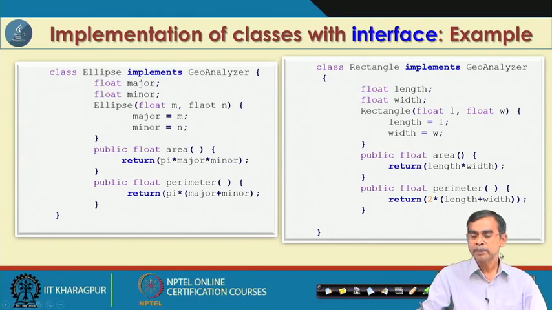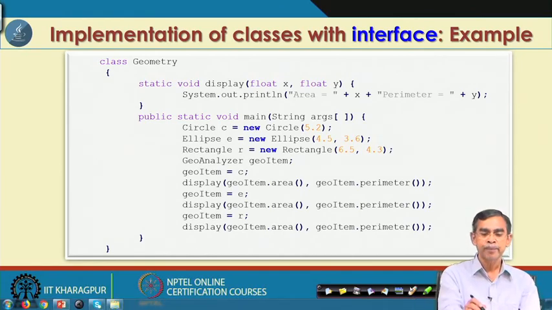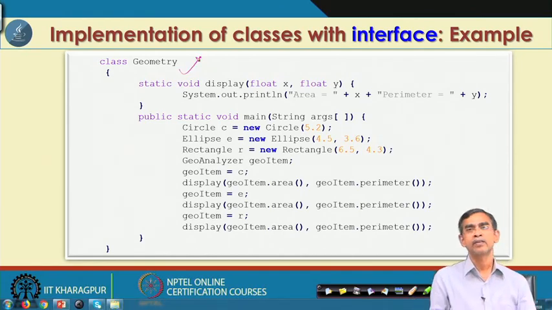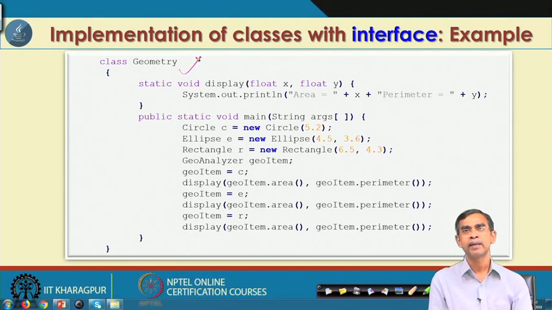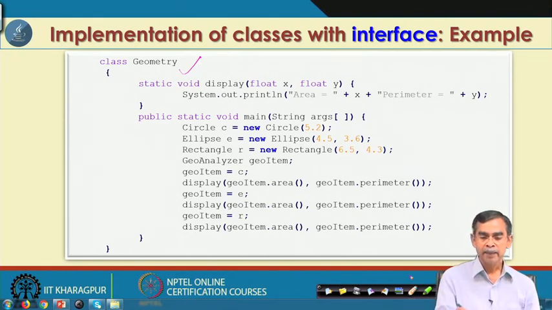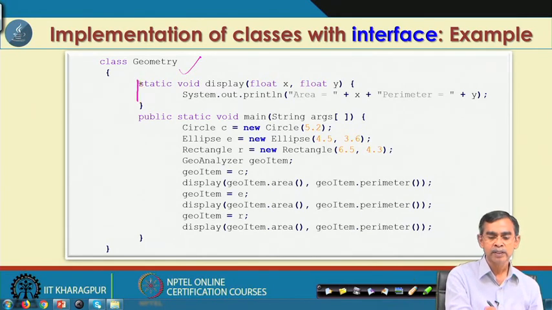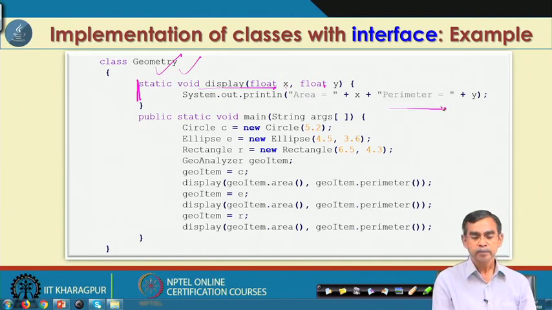Once this kind of object is created, we can create the objects in our own method. It is very similar to the abstract class concept. Here is the one class that we have declared as the main class. The name of the main class is Geometry. It imports all the classes that we have created earlier, if they are put in a package. After this, we create one special method in this class, display, which displays the x and y values.